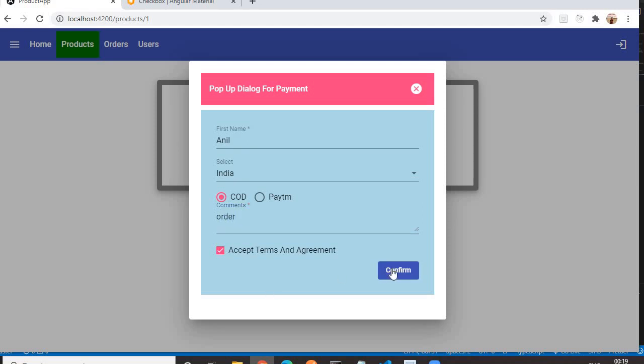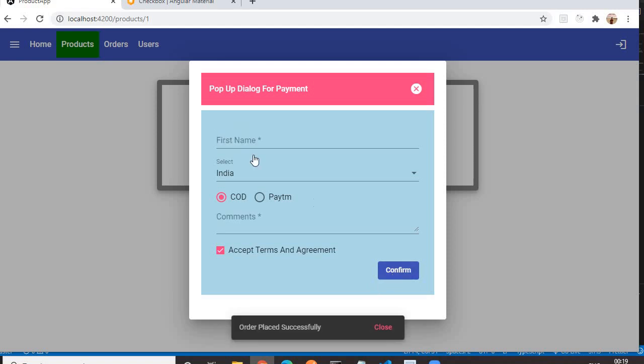Then on click of confirm, everything will be reset. Earlier we were able to see the error messages, with the first name and comment highlighted in red because we had given the required validation. Now we don't see that. Everything is reset, we are not getting that red color. Now everything looks perfect, our form is perfect.